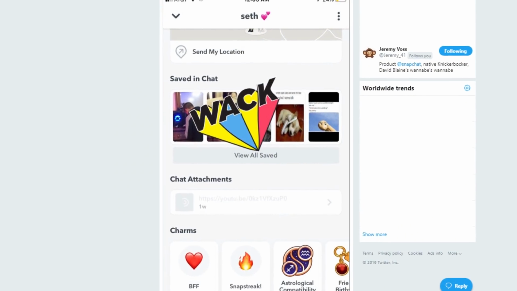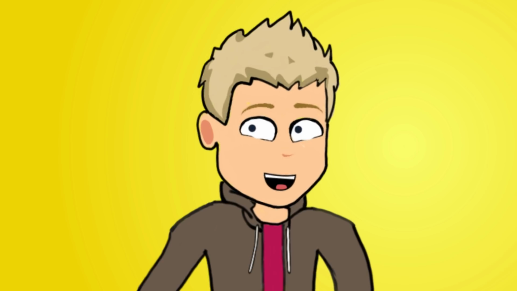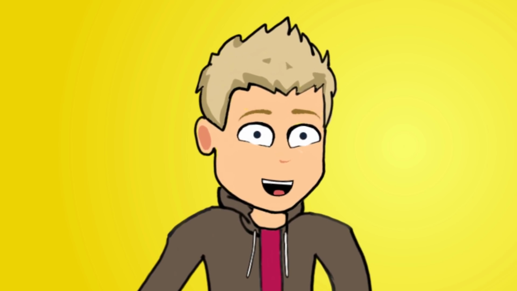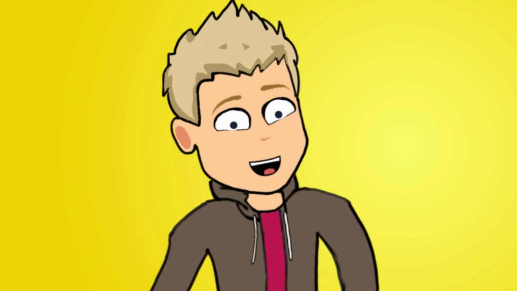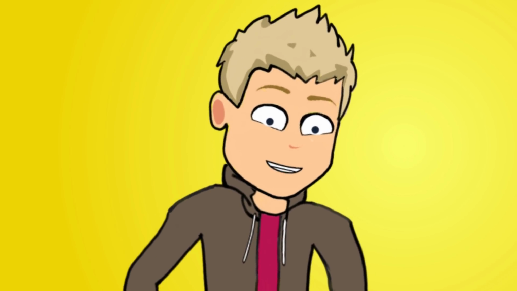I will link her tweet in the bottom of the description, though, just to give her the credit as she asked for it. So thank you, Paige, for letting me use this image. They don't look clickable, but they do look earnable. So hopefully when we get the Snapchat profiles for everybody, we will have a full understanding of what these Snapchat charms do. So to finish today's video, I'd like to do a quick Q&A,